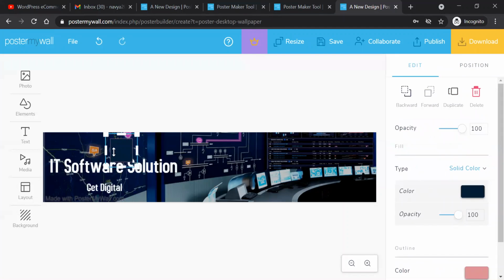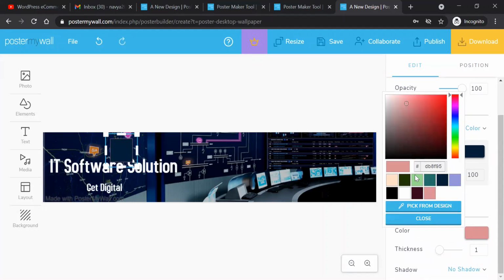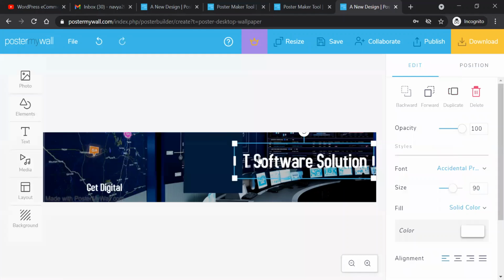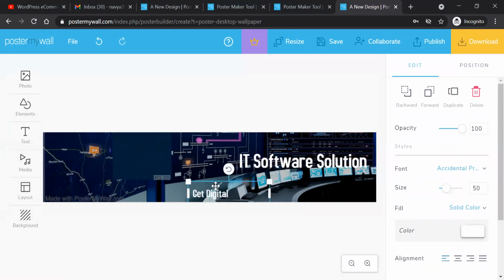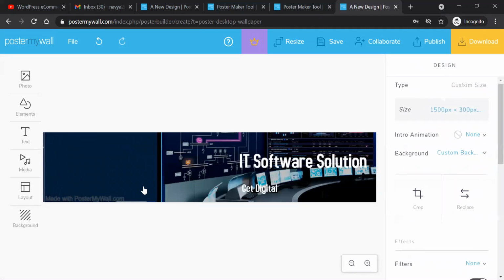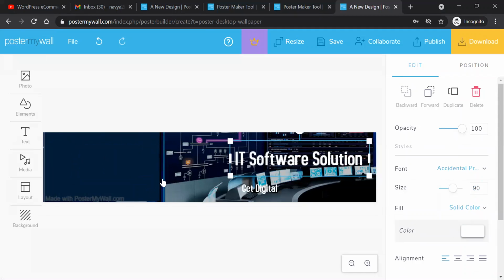You can see there is an outline, I mean the outer border is a somewhat different color. So let's come down, and here you can select the same color. Click on the blue, and now it is the same. You can just increase the size and cover the background completely here.